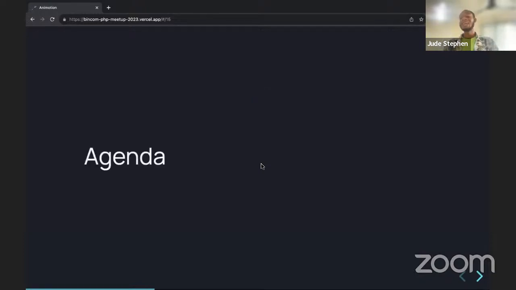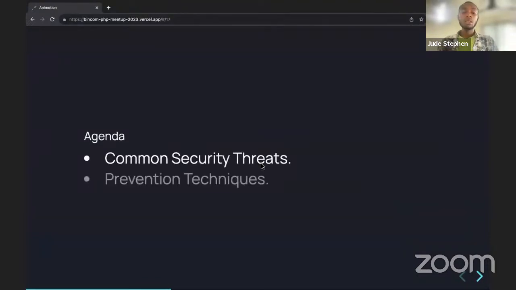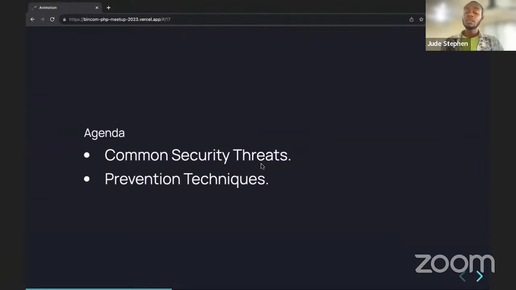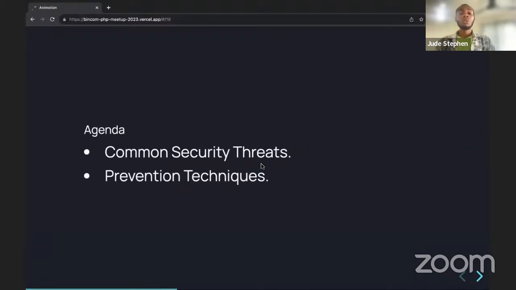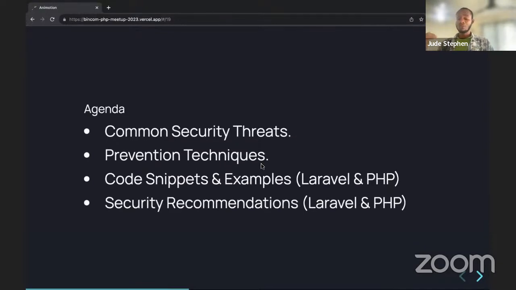What's the agenda for today's talk? We are going to explore common attacks on PHP applications. We are going to look at the techniques that we can use, and we're also going to look at code snippets and examples, especially in PHP and Laravel. Fourthly, we are going to look at best practices.